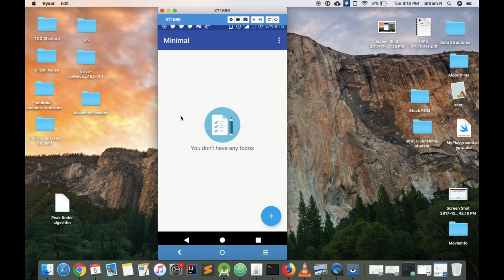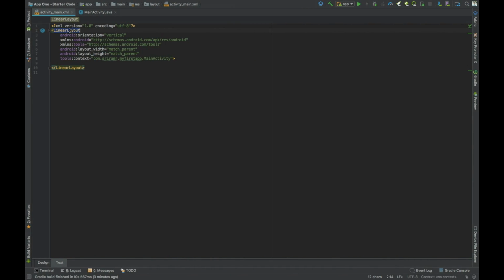Okay, this thing is a view. Actually, in this thing, this text is a view and this image is a view. Right? This thing is called a toolbar. This is a view. So the whole app is made up of small views which we put together in a concise fashion. Okay, so if you come back to the activity main XML, you will see this thing called linear